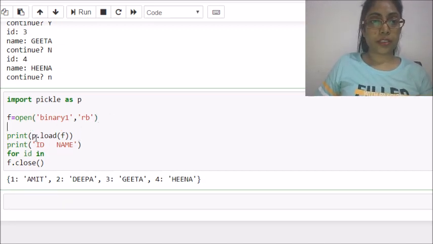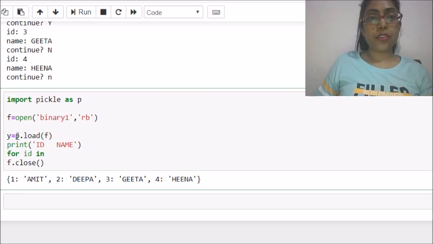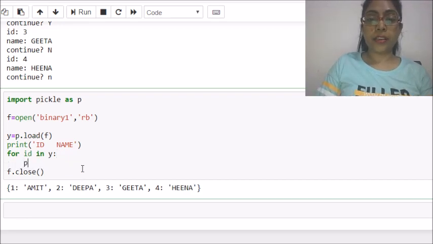I am making a few changes. I have stored the loaded data in Y. Here I will create a loop for Y, the dictionary element. For each element, print its ID, then give a space, and then print the value of that particular ID.